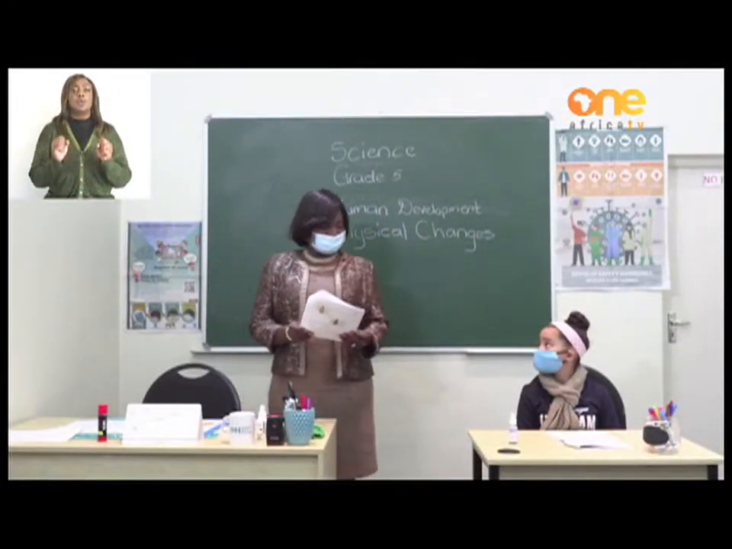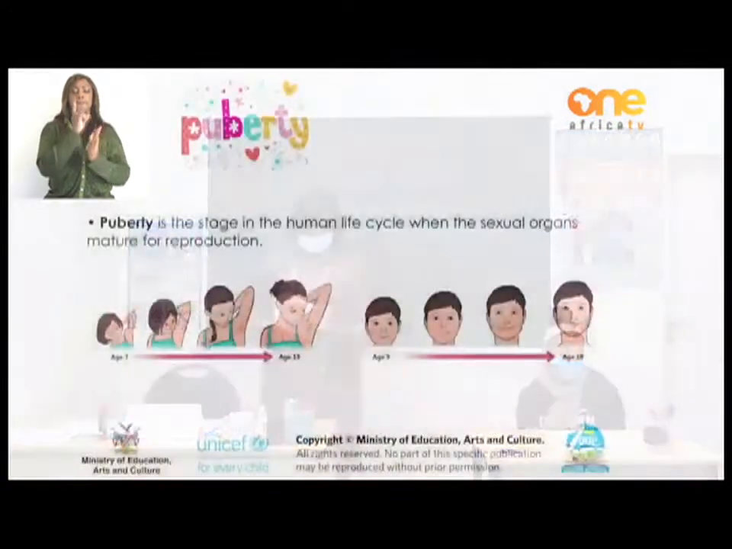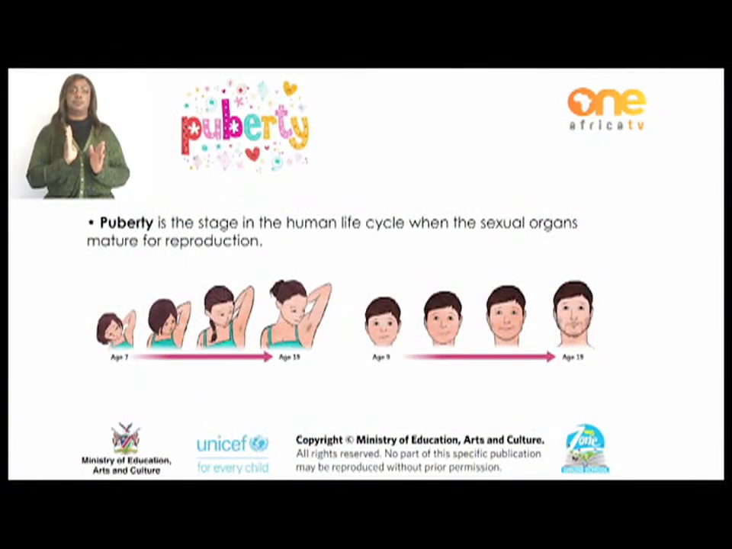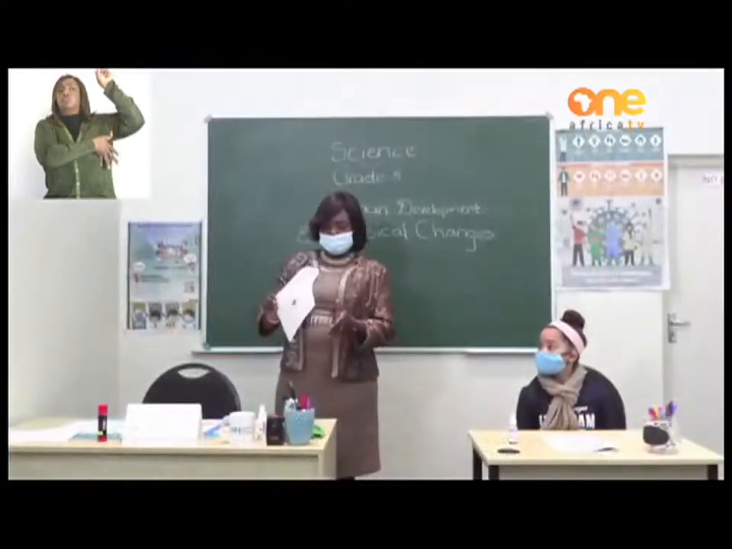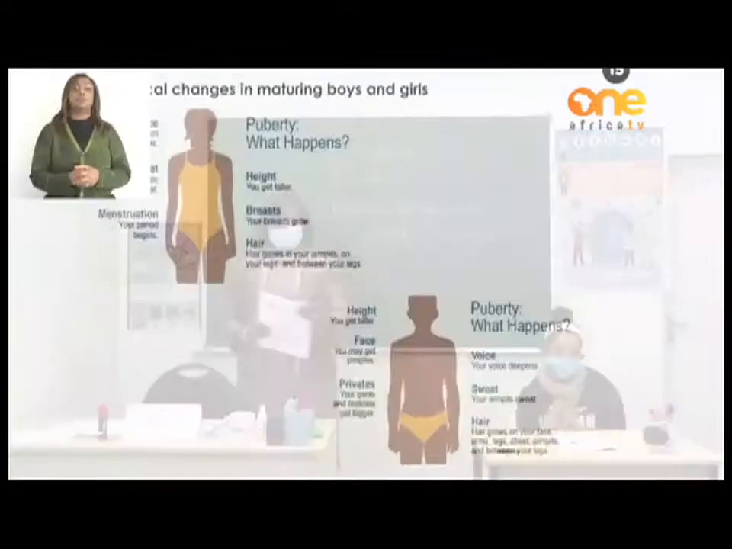Chanel, so let's look at page 14. We are looking at puberty. What is puberty, Chanel? Human life cycle when the sexual organs mature for reproduction. In short, underneath puberty, you can see there's a picture. That picture is trying to illustrate some of what goes on during puberty. Now, Chanel, let's go to page 15. On page 15, we start